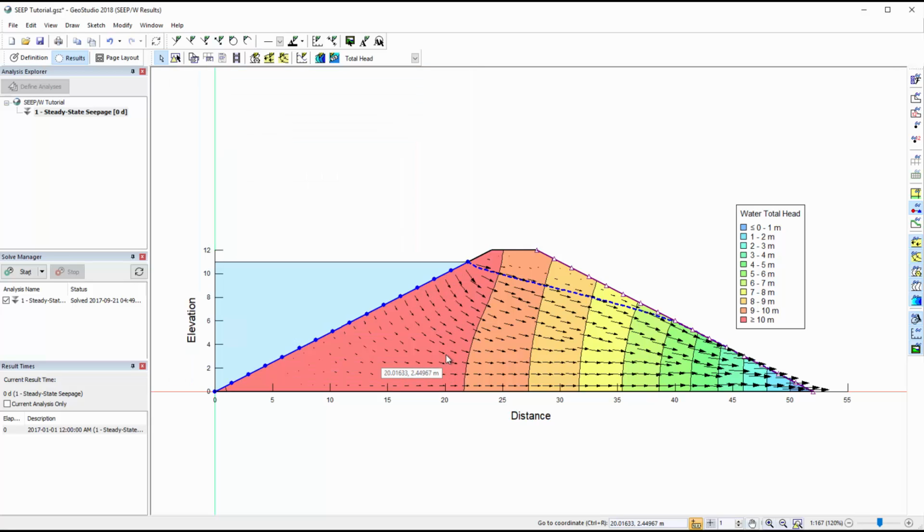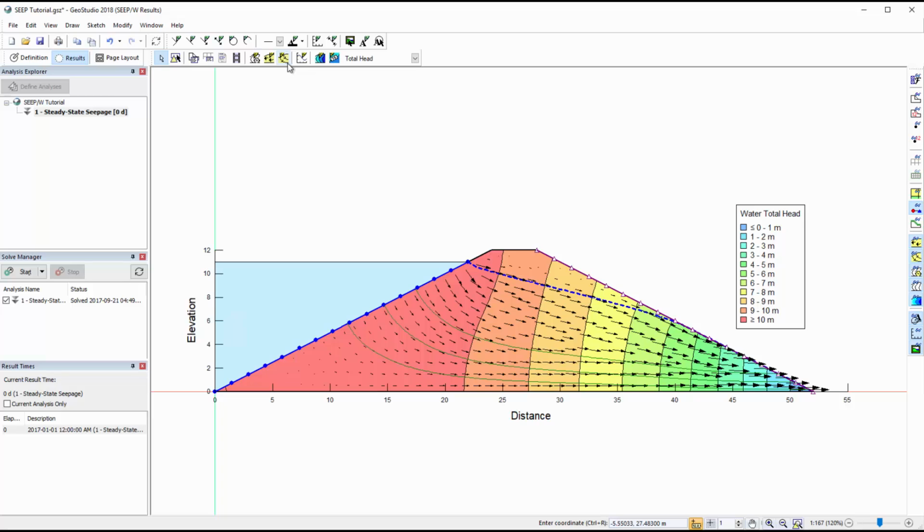Flow paths may also be added to the domain if desired. These represent the path that a drop of water would travel from the reservoir and through the embankment. After selecting Draw Flow Paths, we can click with the left mouse button to create a flow path anywhere within the domain, and remove it by clicking on the same location a second time. Remember, flow paths are not the same as flux vectors.